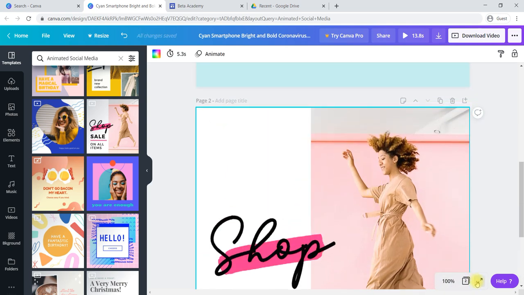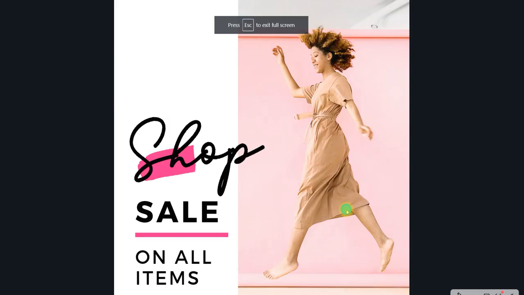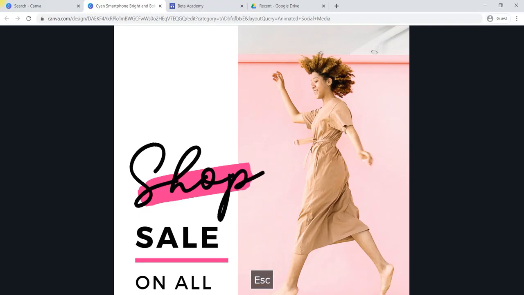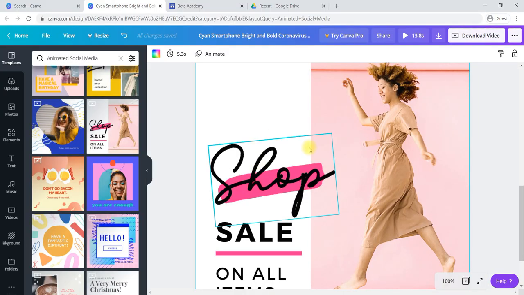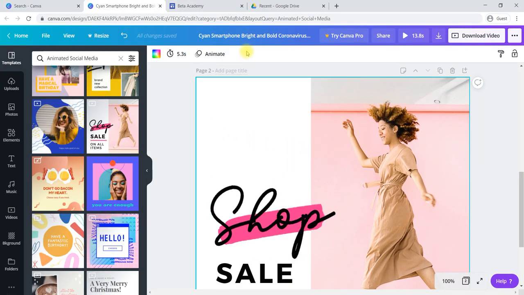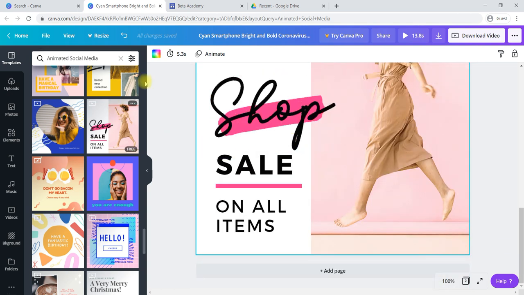You can check how it will preview. It will be like this. You can create any type of animated ads for your social media by using this particular section.